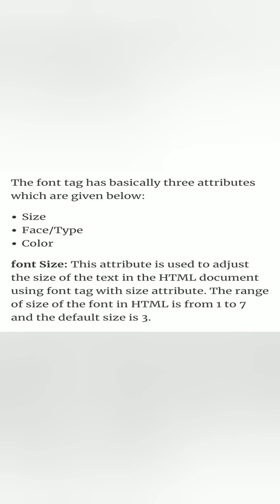Yes students, I am repeating again, in a font tag three attributes are there. Like in body, two attributes are there: one is background color, second is text color. Same in a font tag, three attributes are there. One is size, second is face, and third is color. The range of size is 1 to 7 and by default is 3. Face is the pattern, third is color. We give different types of color in a font tag. I will tell you with the help of an example what the syntax is to write this type of attribute of font.